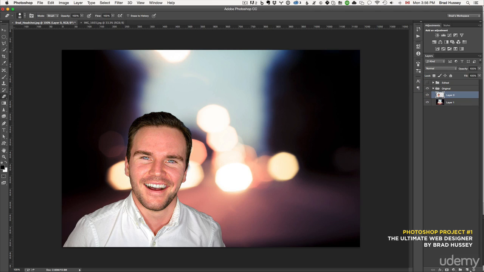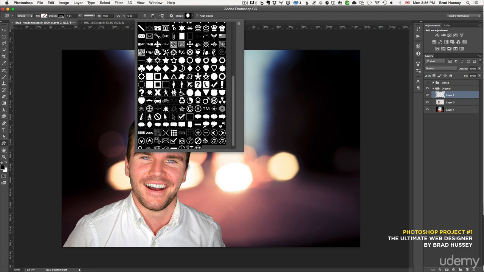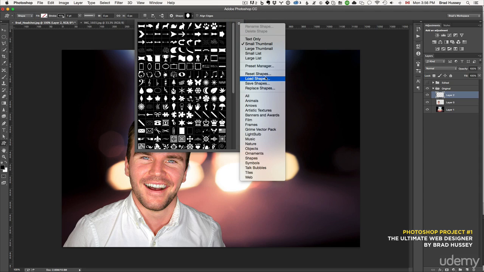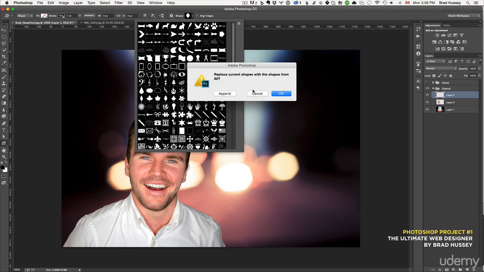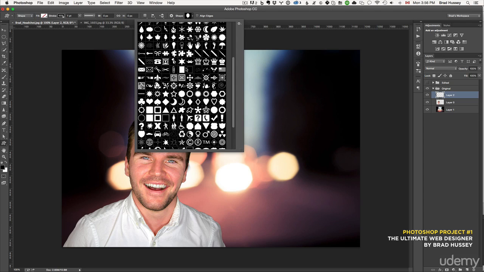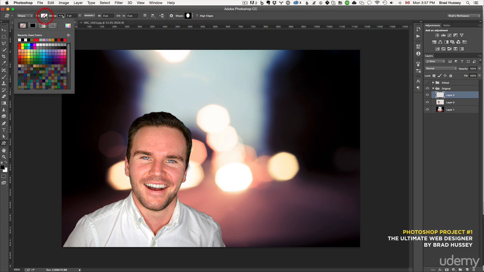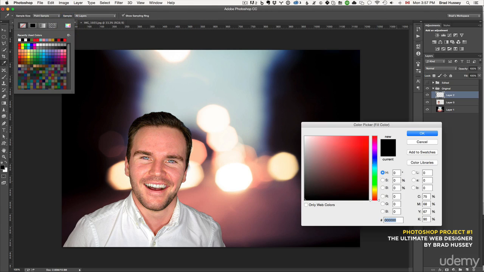Now the next thing I need to do is create a new layer and choose the custom shape tool, and I'm going to choose the speech bubble. There's a lot of different shapes you could choose here. You might not see all of them at once. All you need to do is click this gear icon and choose Load All. Just click All, and that will show all of the shapes right here. And I'm going to choose the speech bubble right here. Close that up. The fill, I want it to be white. Right now it's transparent. I want that to be